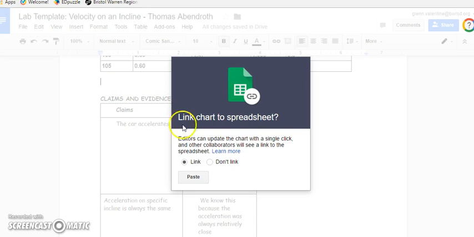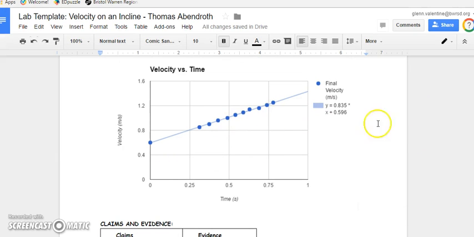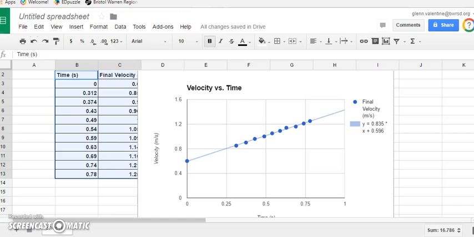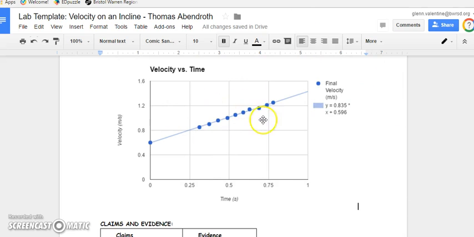Control-V is pasting. Now it asks me if I want to link this. I want to link it because if I decide to make changes to my graph, it will update the graph if I make the changes in the corresponding spreadsheet. So I can exit out of this. I could go back and rename that if I want, but now I've got my graph,